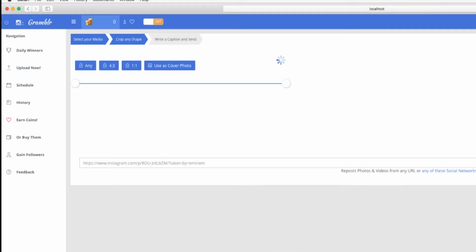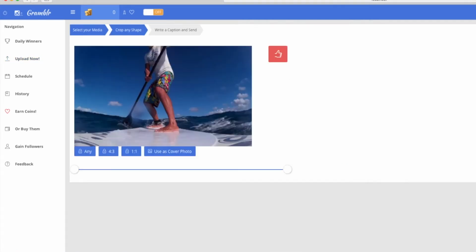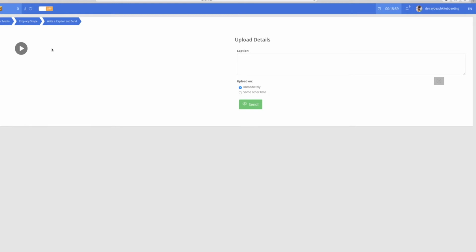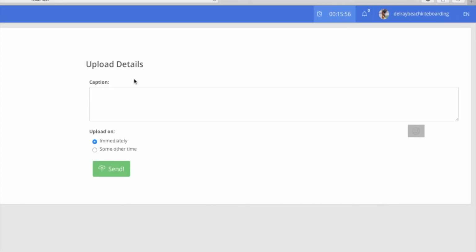Once my video loads, it fills the space, but I still have to change the size. You go to the left corner and drag it all the way to the right and then just hit this little green button, and that will give me the size that I've just uploaded. It may take a little while to do, but just be patient, it'll work. All right, and I'm not going to worry about the details right now, but what I want to do is